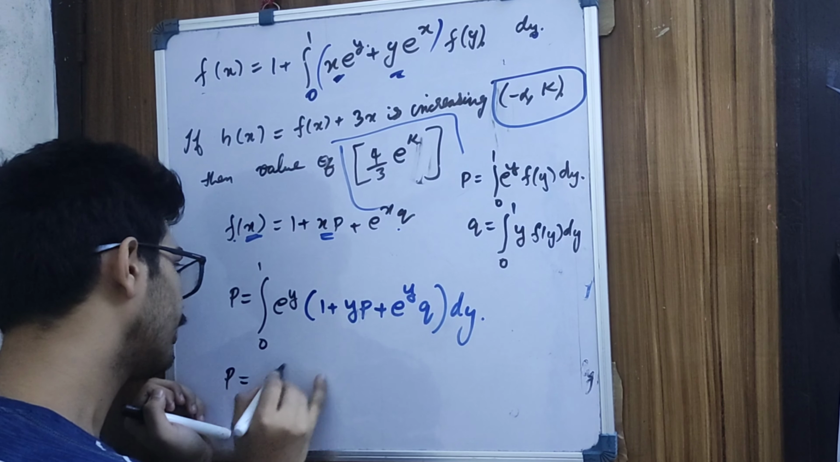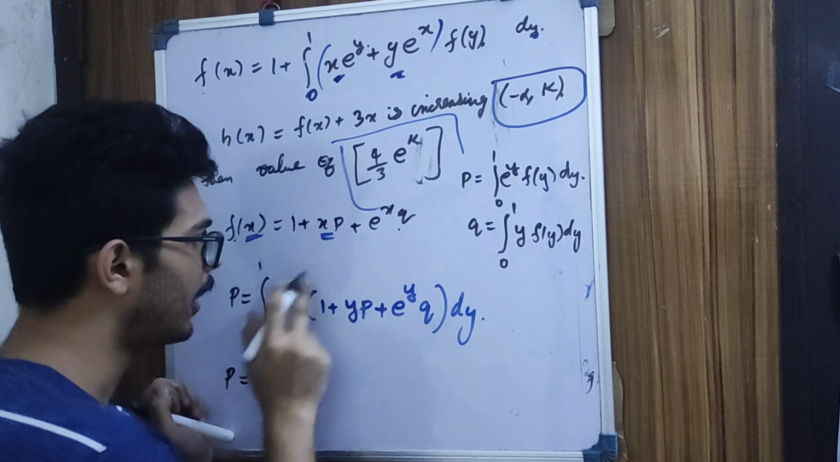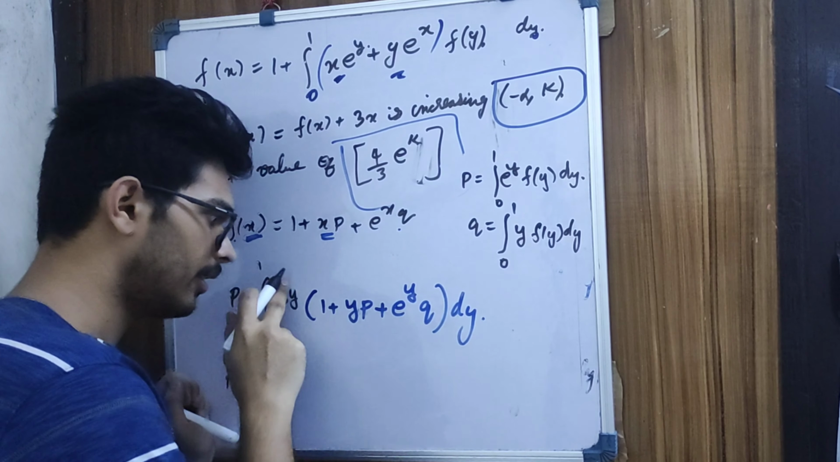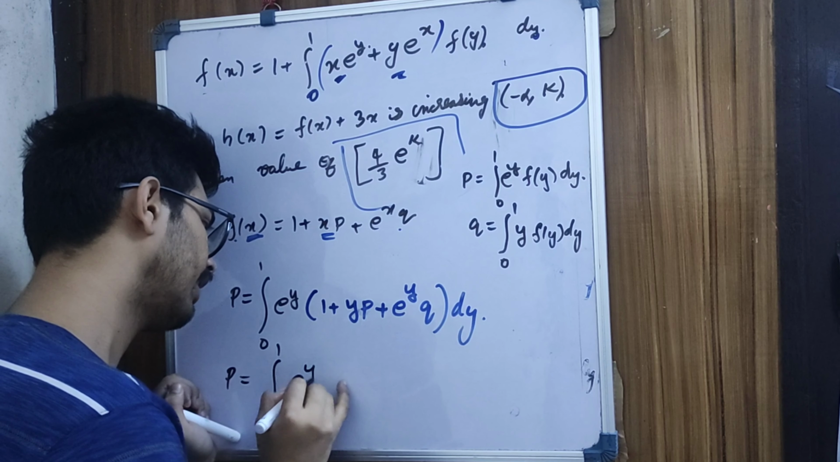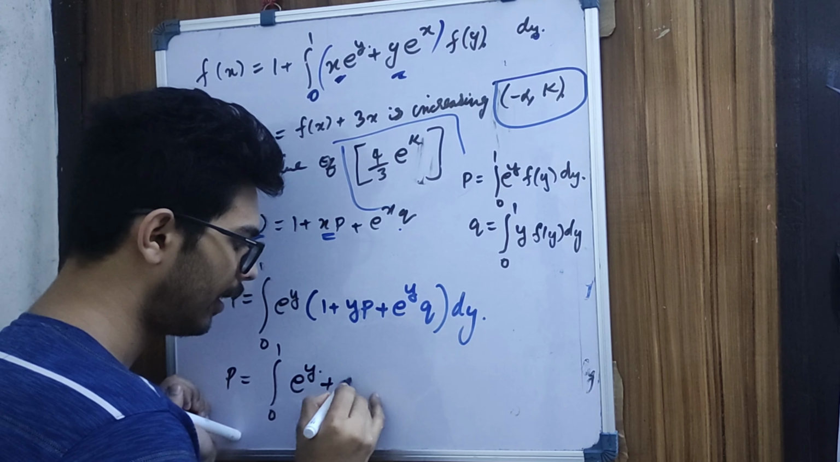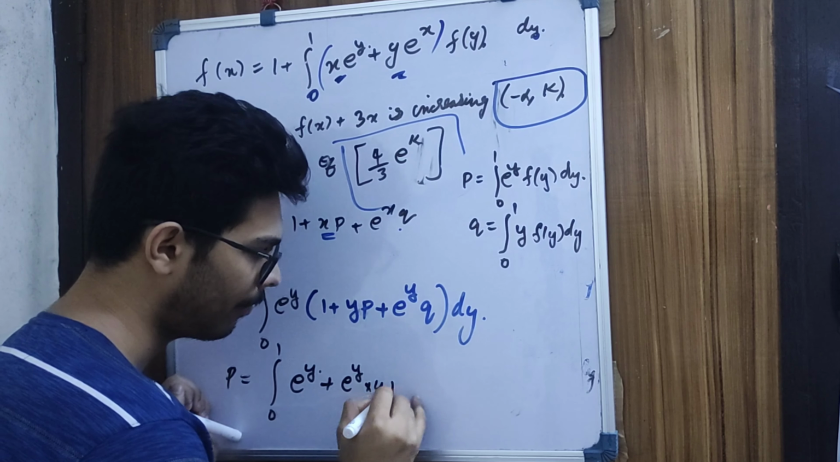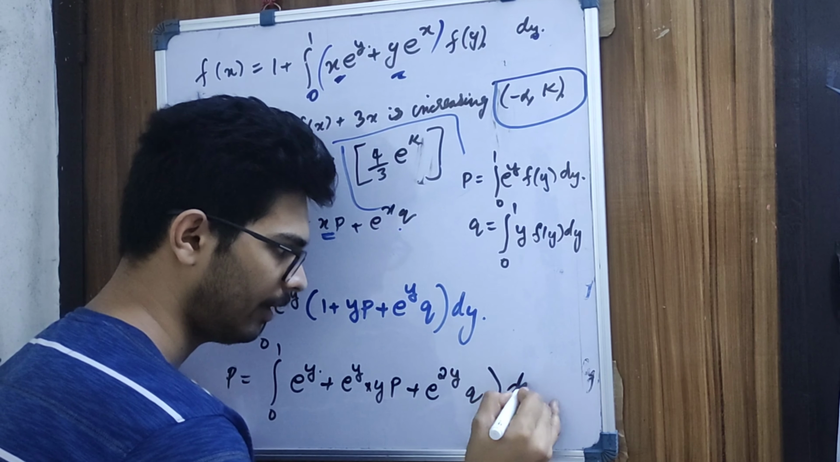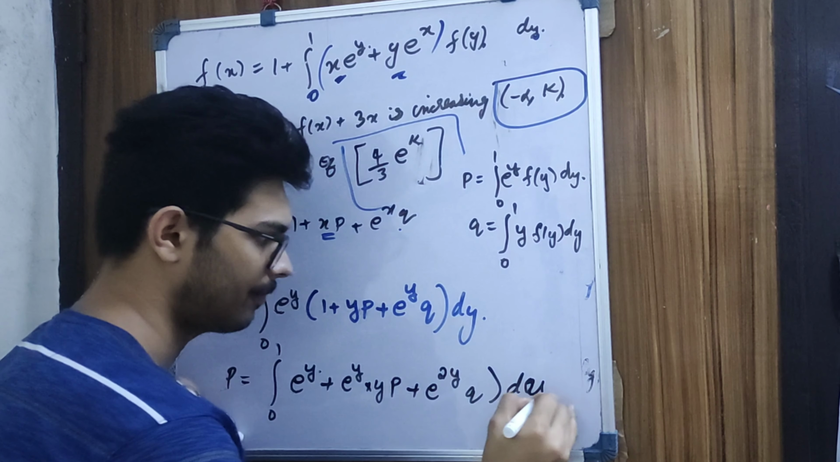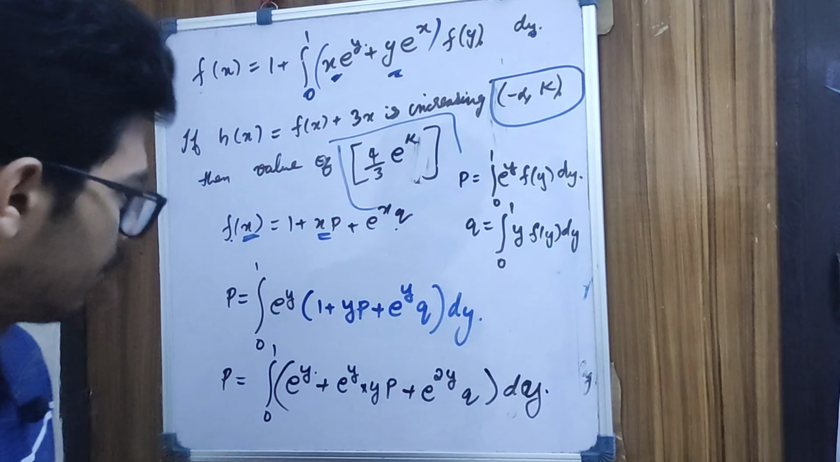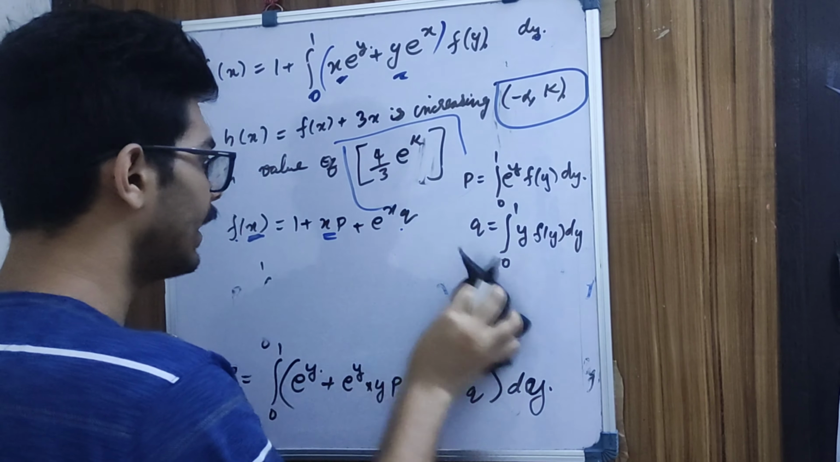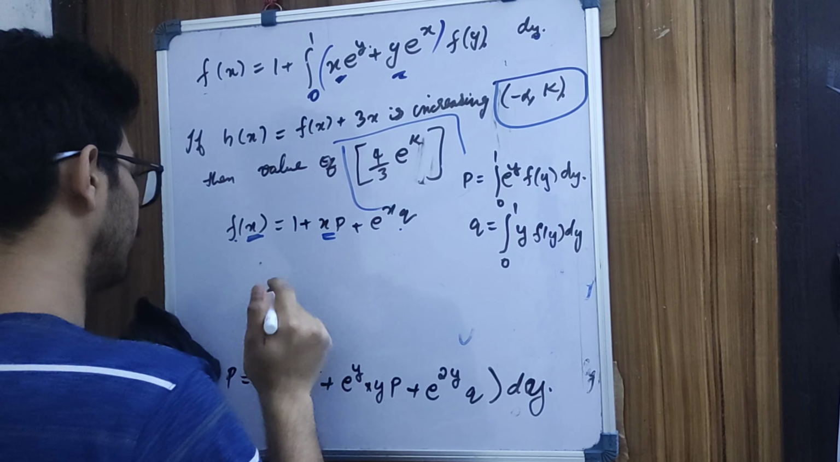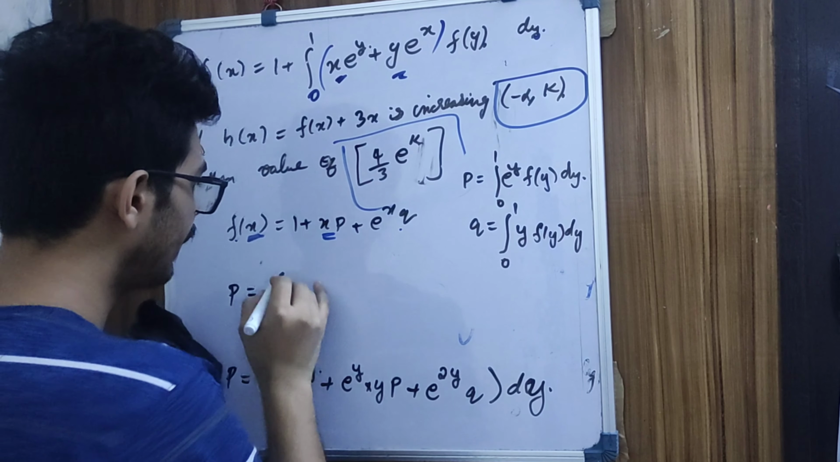P is equal to the integral from 0 to 1. I am multiplying e raised to y to the inside. It will be equal to e raised to y plus e raised to y into y p plus e raised to 2y q into dq dy. So we can integrate. While integrating, we will get p equal to, integrating e raised to y,